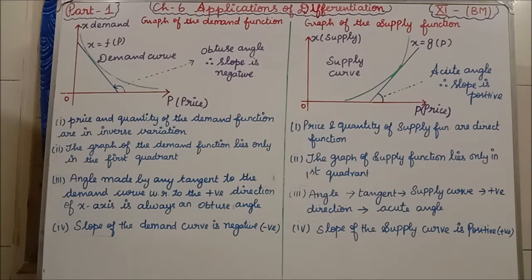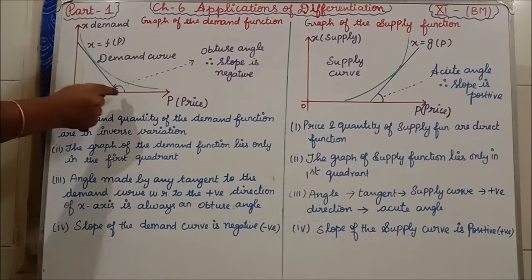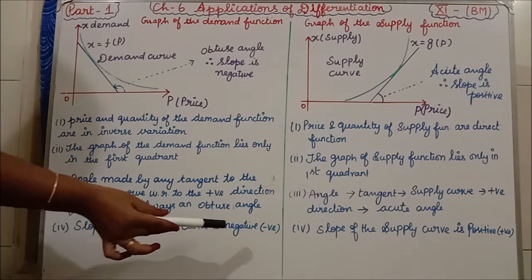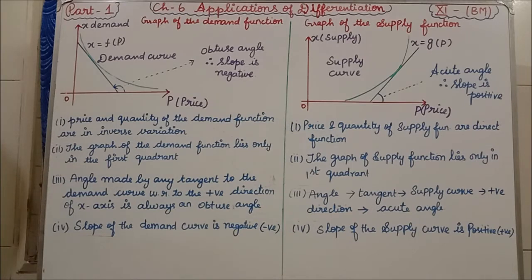Okay, now in 10th standard coordinate geometry you have learned one formula. What formula have you learned? Slope m is equal to tan theta, isn't it? So tan theta in an obtuse angle will be negative. So you write the last line: the slope of the demand curve is negative. Clear, all of you?